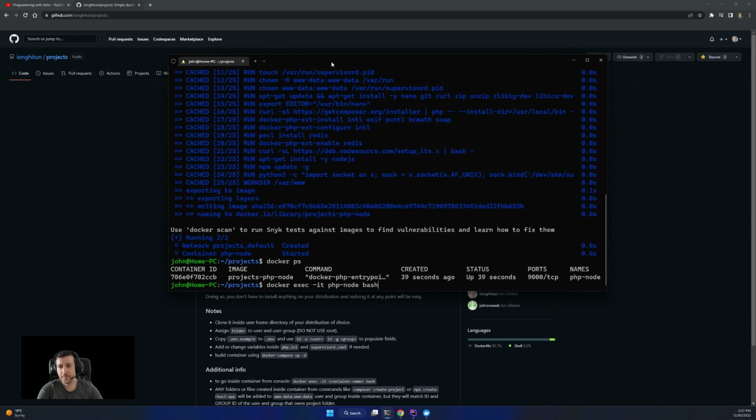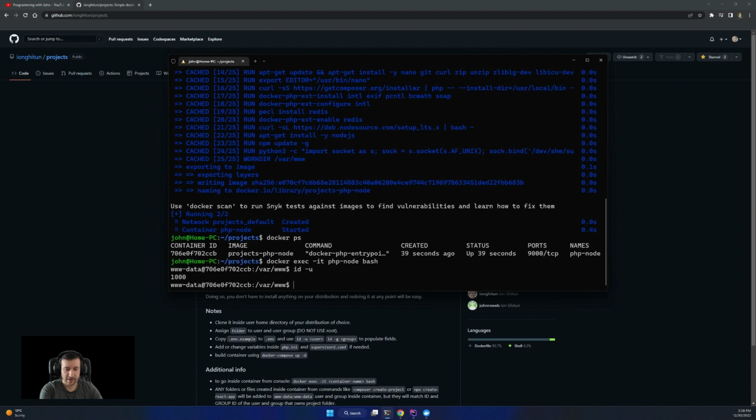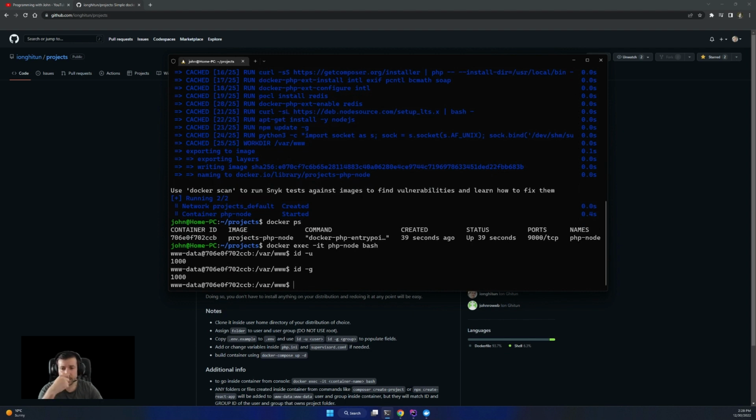Running like that, now I'm inside the container and I'm vvv data. If I do id -u and id -g, I see there is 1000 1000.